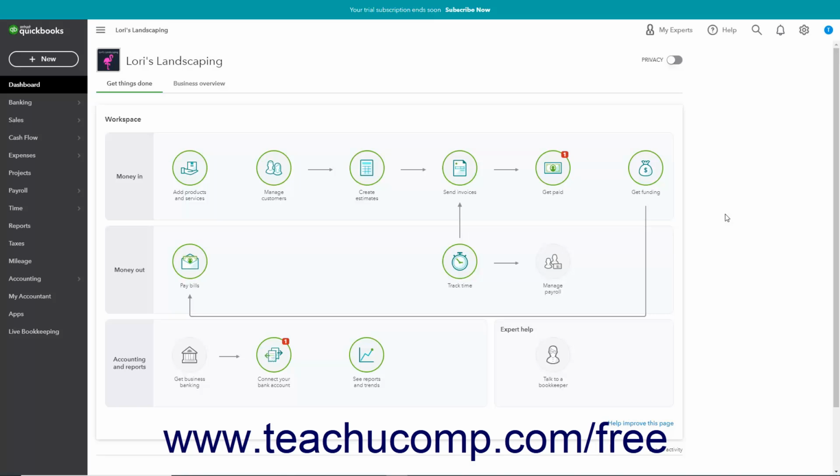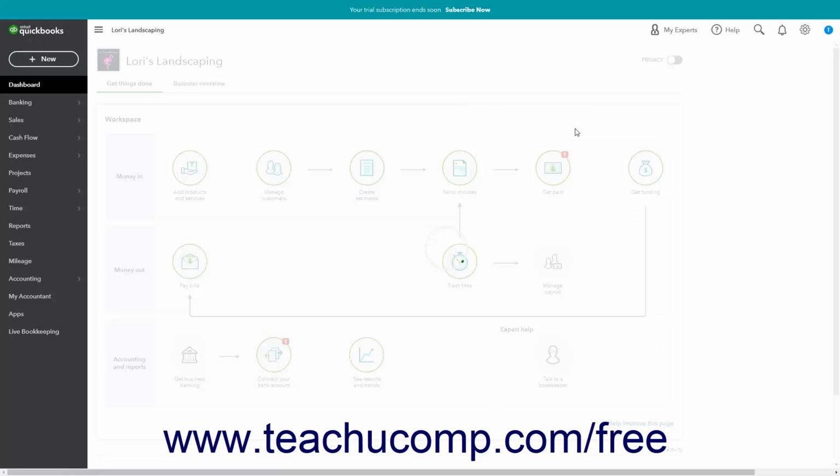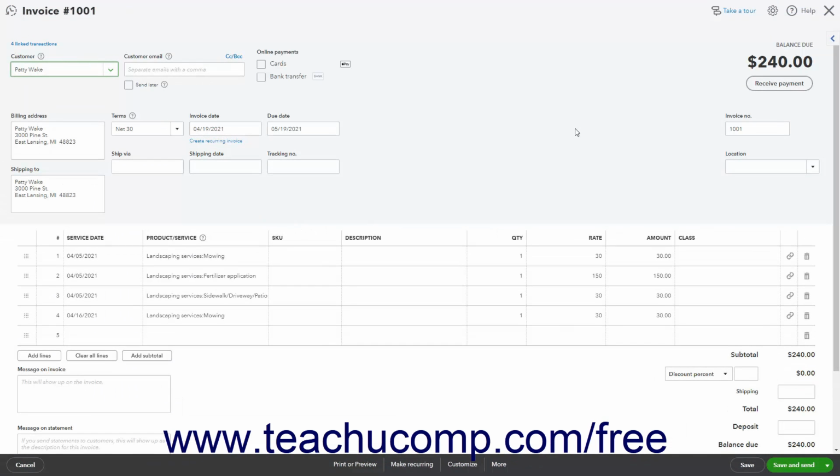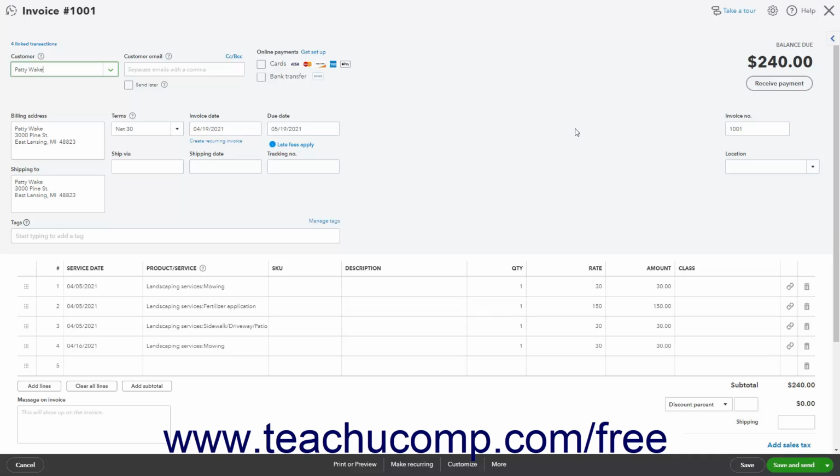www.teachucomp.com/free. Grouping and subtotaling items in invoices in QuickBooks Online is only available if using the old layout for invoices, since it relies on functions available in customized invoice templates. When creating invoices, you sometimes have different categories of charges like billable expenses or billable time. To group and subtotal by these charge categories or by dates within your invoices, create a new invoice form style